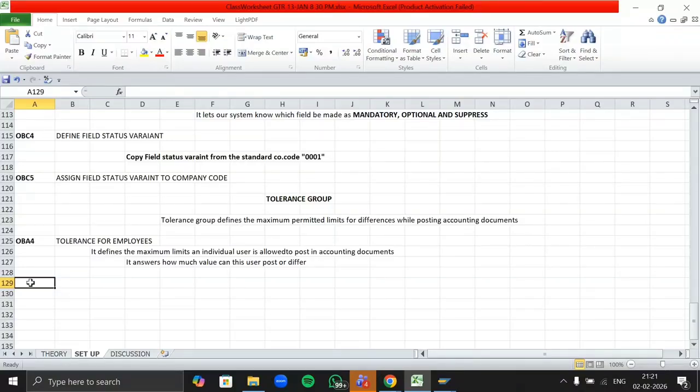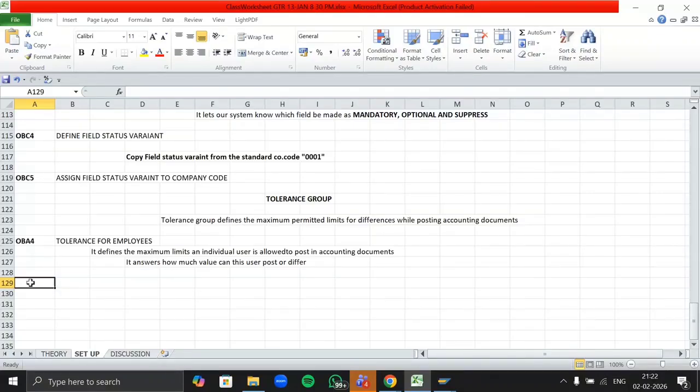There we have set a maximum limit in the tolerance for employee, right? Now, let's say the travel expense is a total of 2 lakh, and here we have said that the maximum line item amount for GL transactions is 1 lakh. Then what will you do? Total travel expenses are 2 lakh, right? As I have set a tolerance limit for employees, according to that limit, I can post the transaction of 2 lakh. That is clear here.